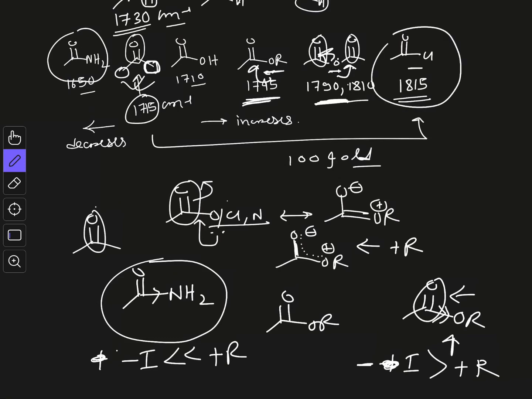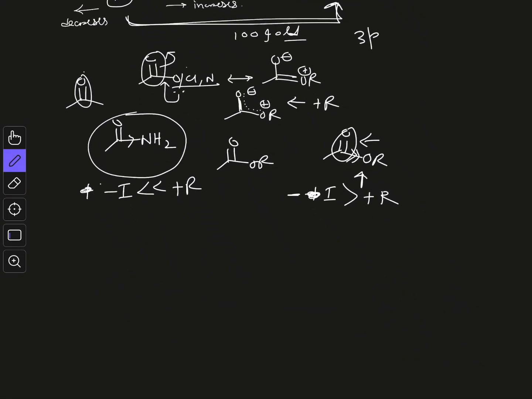And in case of acid chloride, chlorine has a 3p orbital which can do conjugation with the pi star orbital of the carbonyl, and that's why the electron donation is very weak, because the overlap between the 2p of the carbonyl carbon and the 3p of chlorine is very weak. So here we can neglect the electron donation if there is any, so it only exerts the minus I effect, and that's why it shows a large increase in the stretching frequency value. So we have understood why in this direction, that is the oxygen and chlorine direction, the stretching frequency increases, and for nitrogen, the amide direction, the stretching frequency decreases.